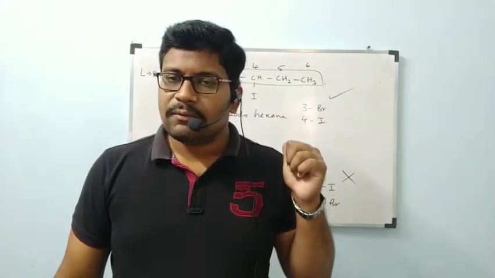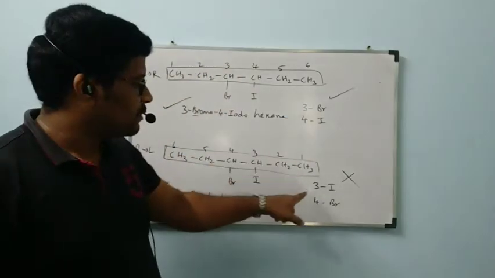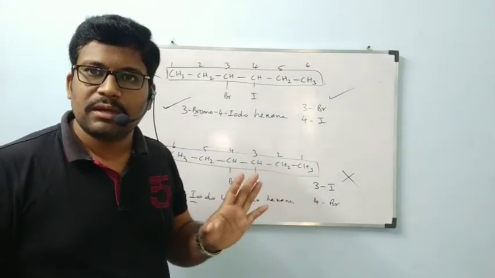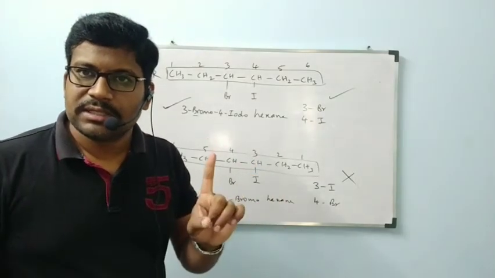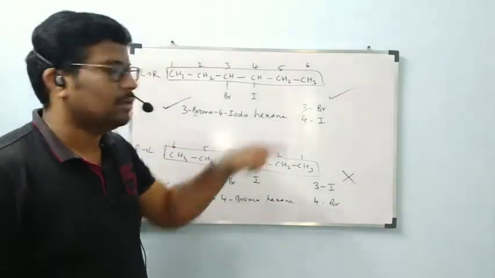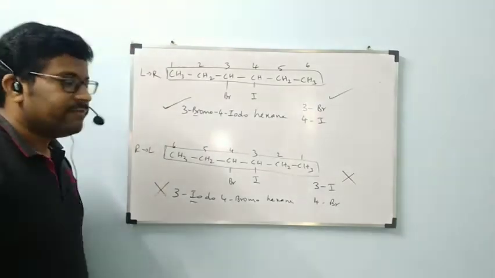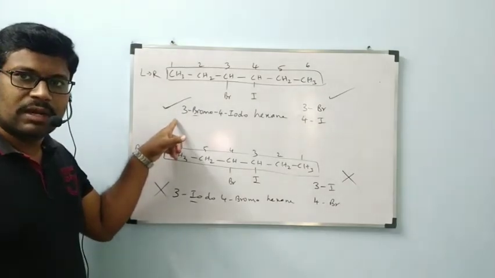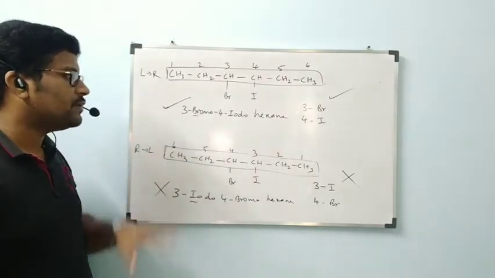Okay, but now we have seen that two substituents are getting the same numbers. First numbers are the same. When we get the same numbers, we have to give importance to alphabetical order. According to alphabetical order, out of bromine and iodine, bromine gets first preference. So Br must get the least number. In which numbering Br is getting the least number, that numbering we have followed, left to right. According to that, the name of this compound is 3-bromo-4-iodohexane.